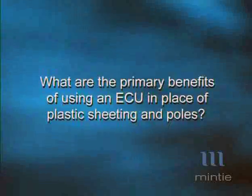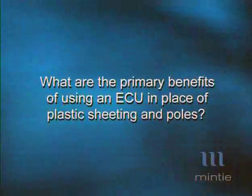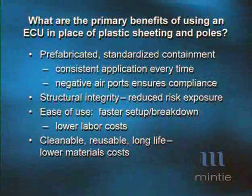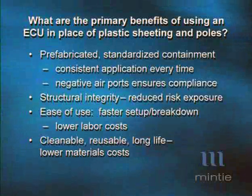What are the primary benefits of using the ECU sealing cavity, ECU anteroom, or ECU2 and corridor flange in place of plastic sheeting and poles? The ECU provides a number of benefits over plastic sheeting and poles. The prefabricated standardized nature of the unit provides a consistent containment application every time. Its structural integrity can dramatically reduce risk exposure associated with poles that may collapse or tape that may peel away,